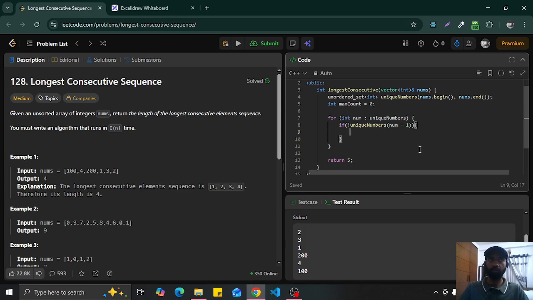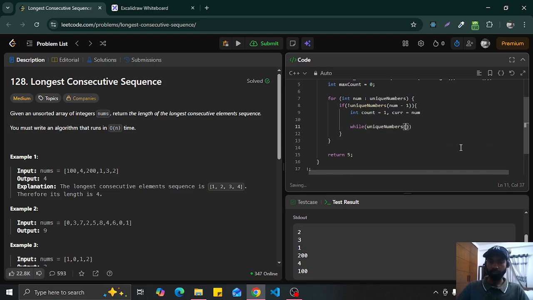So if we find the starting point, we are going to keep incrementing until we find the ending point. So here the count is going to be 1, and current number is going to be num, and while